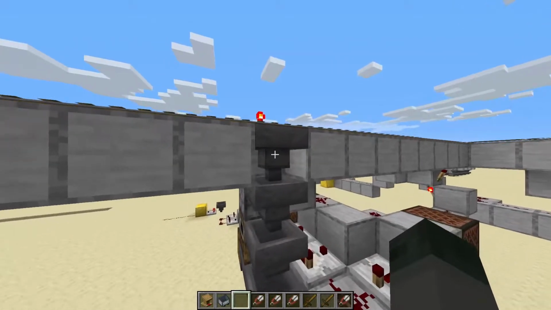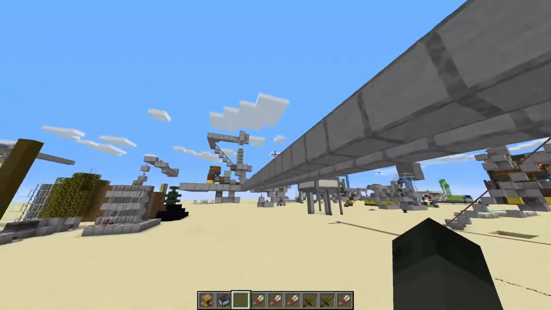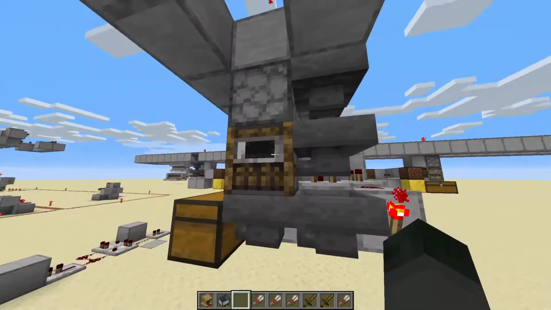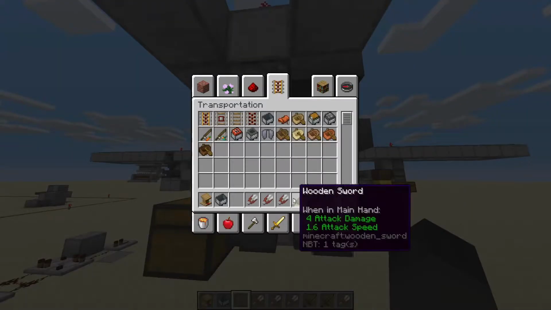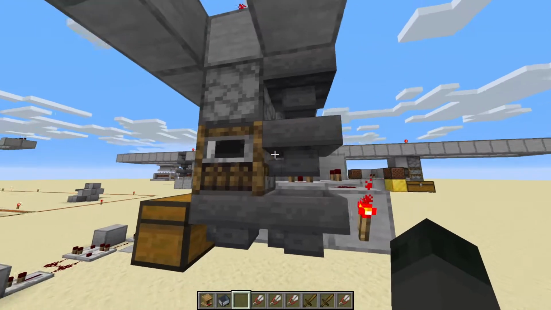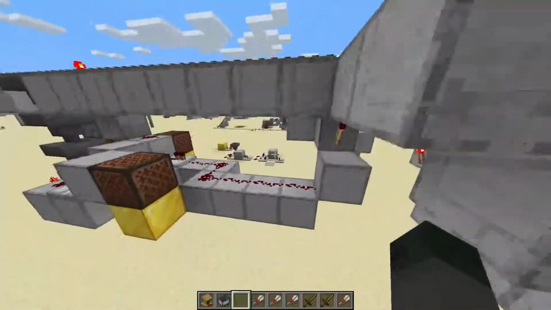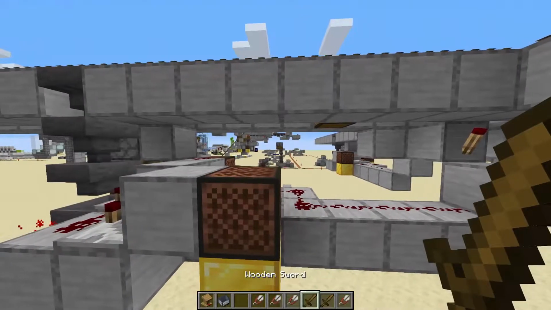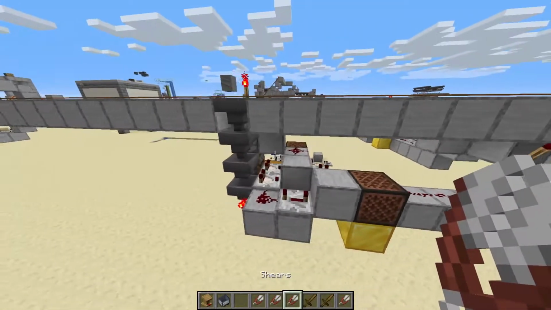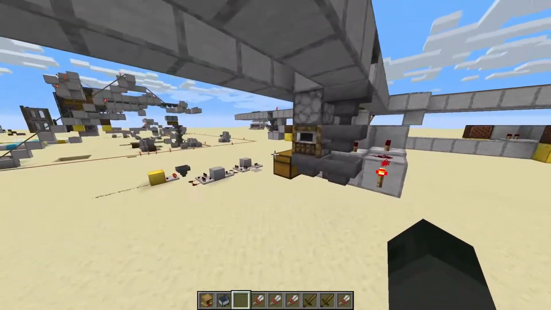I guess, reader that pops off the last bit in the chest and then determines whether or not it's fuel, which is why we use wooden swords and shears in the first place. And if it is fuel, then we do the switch. So that makes our swords essentially the 1 and the shears the 0. And with that mechanic,